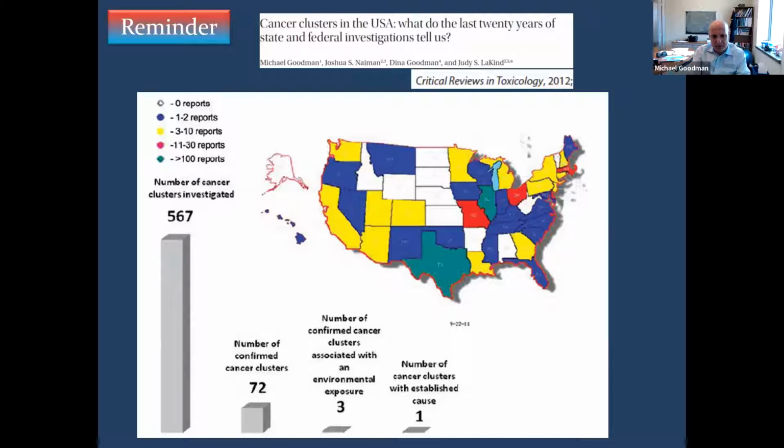such as ATSDR. And of those, in 72 there was statistical confirmation that the frequency of a cancer is above expectation, usually with a conventional cutoff for what is considered statistically significant. And then in-depth investigations identified 3 clusters where there was an association, even though researchers in 2 of those instances stopped short of drawing a causal conclusion. In one instance, the causal conclusion was unambiguous,